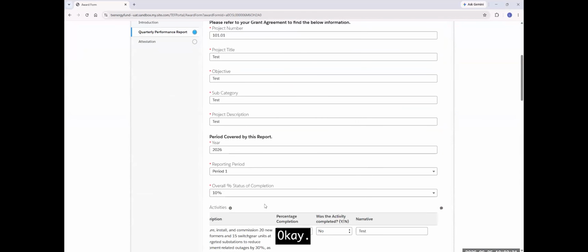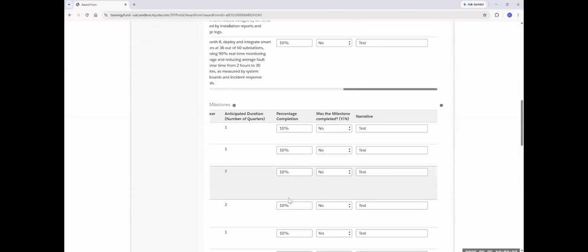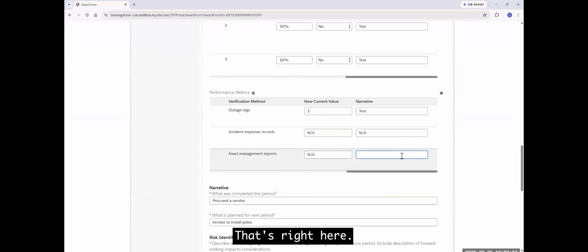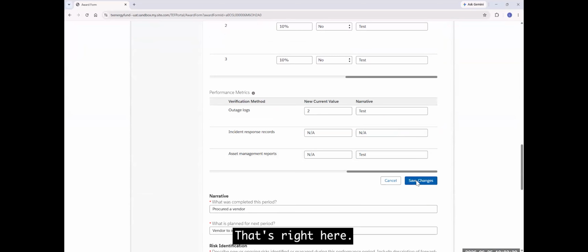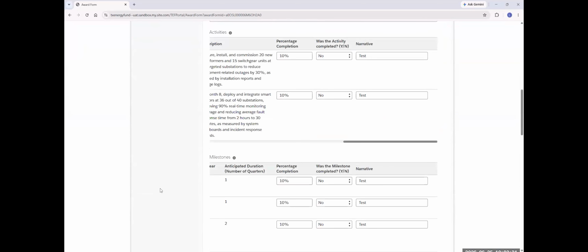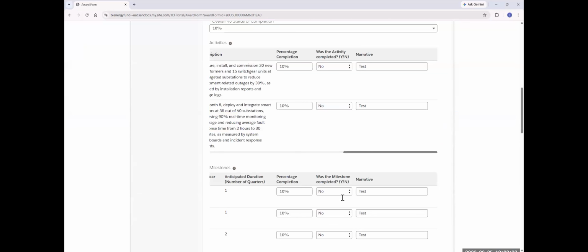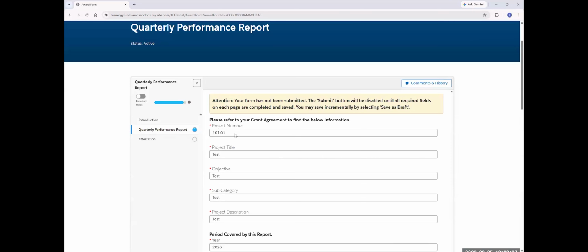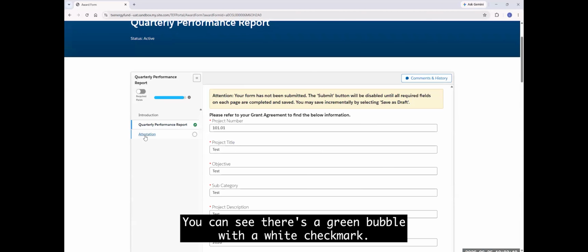That's right here. And then we'll save this one as draft. All right, you can see there's a green bubble with a white check mark.